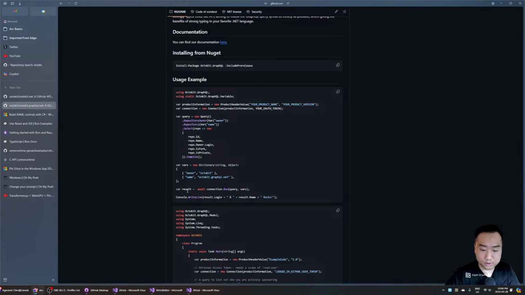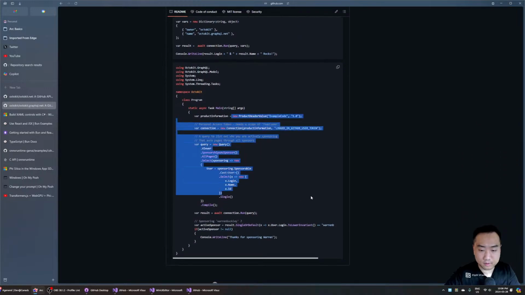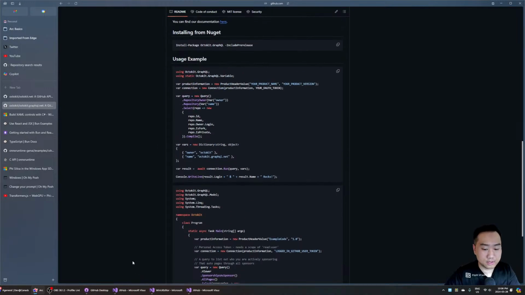So we get the result by running this query and the variable on the connection, and the result will just pretty much be the type that you asked for, right? So the query will give you back a type, I guess, and then you get these things. That's pretty interesting. Okay, I think what I'll do is that I'll set up something